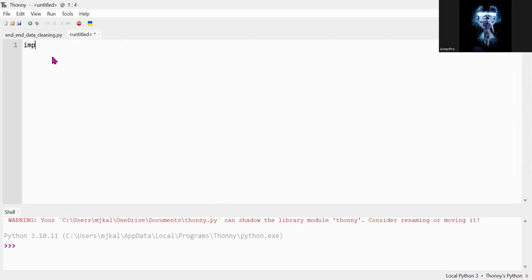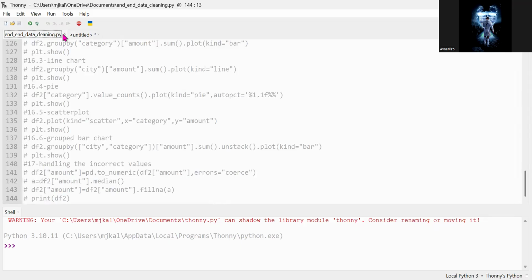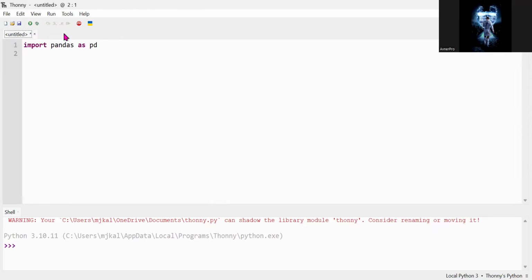So first we import pandas, and then next, wait, what happened? I don't know what happened, guys, but something happened. All right. Anyways,